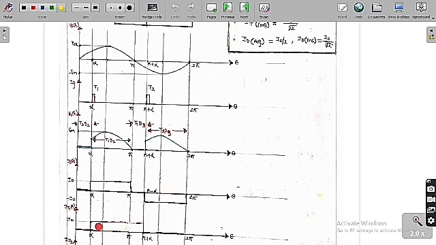And if you want to know what is the thyristor current, let me assume the thyristor T1. I want to draw the current in the thyristor T1. As you can see clearly, T1 is going to conduct only from alpha to pi plus alpha. So whatever the current in the thyristor, it is equal to the load current. Therefore, from alpha to pi plus alpha, the thyristor T1 is going to conduct, and